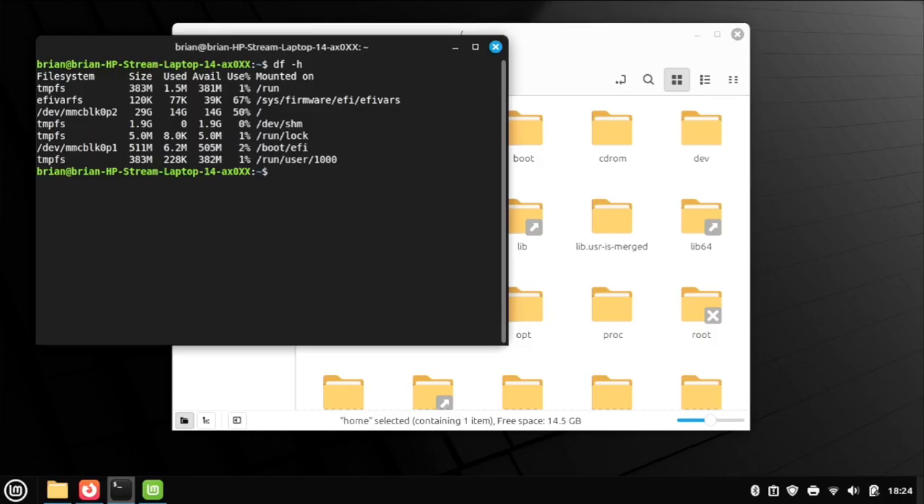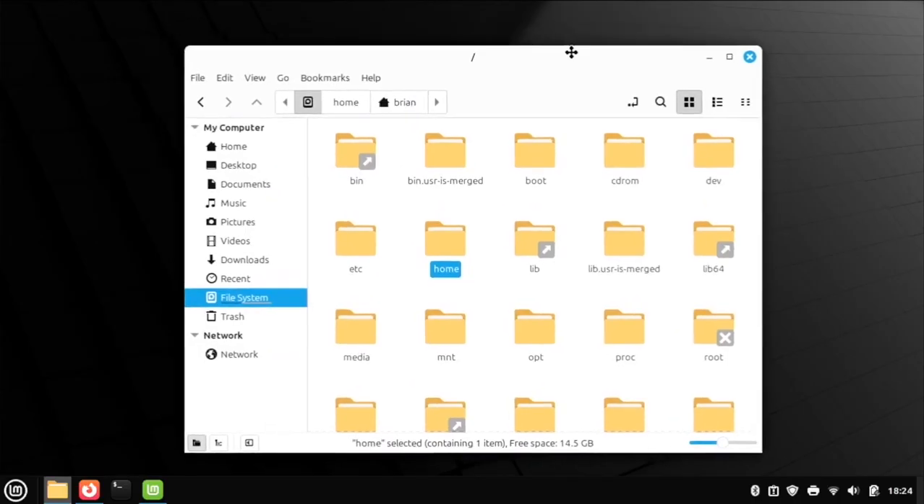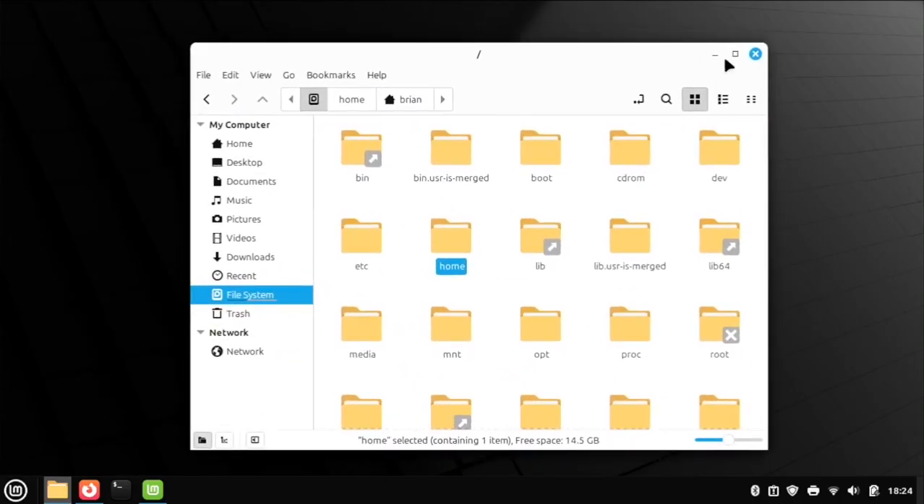Oh wow, we're right at 50%. Yep, we're right at 50%. So we just used half the drive. So yeah, you want at least 32 gigabytes if you're going to be installing Linux Mint with the Cinnamon desktop environment. I mean, there are smaller Linux distributions too, but you know,